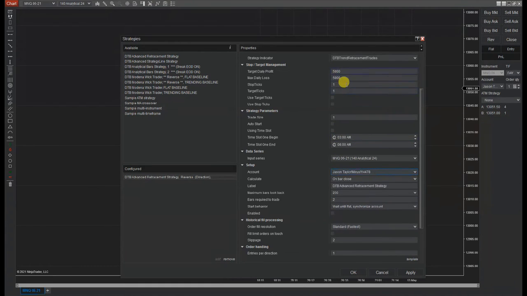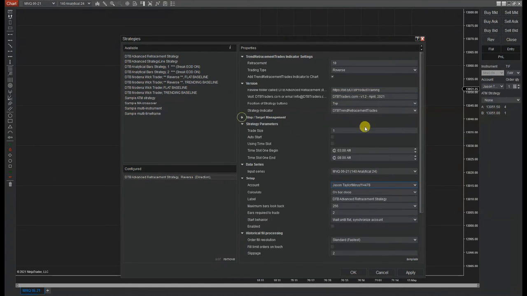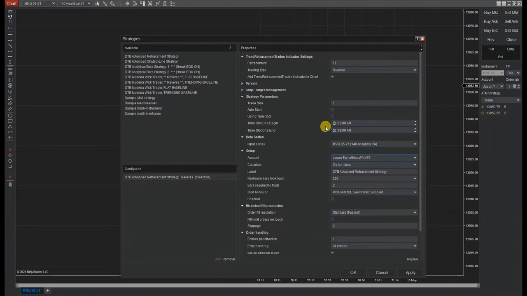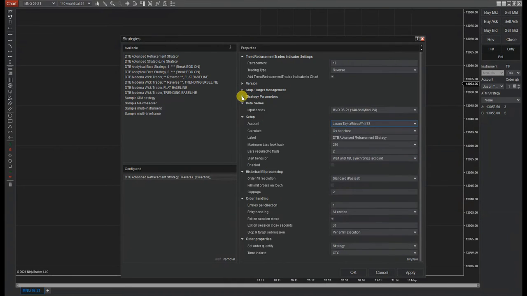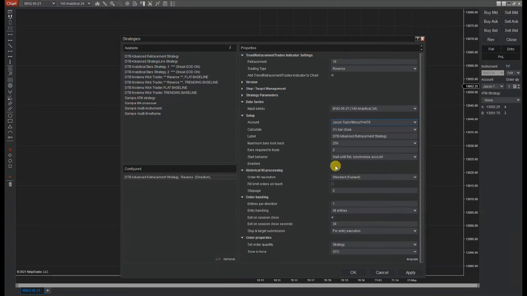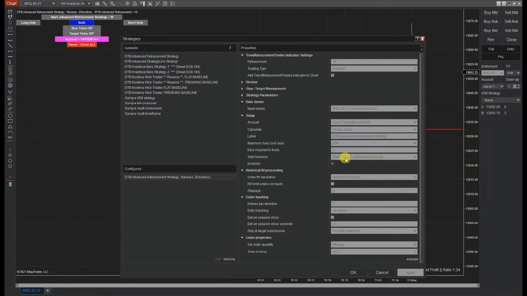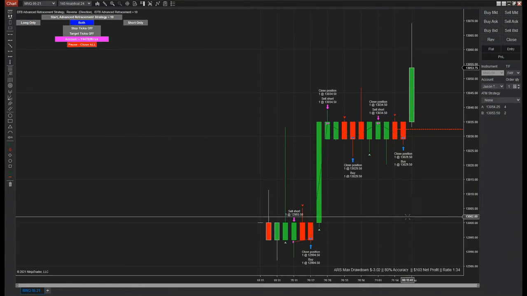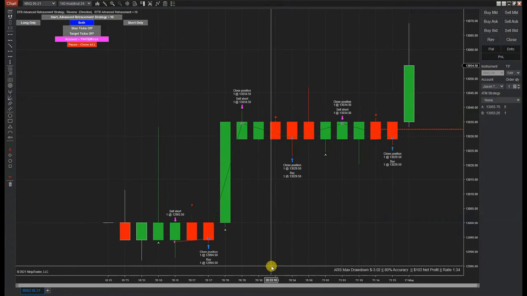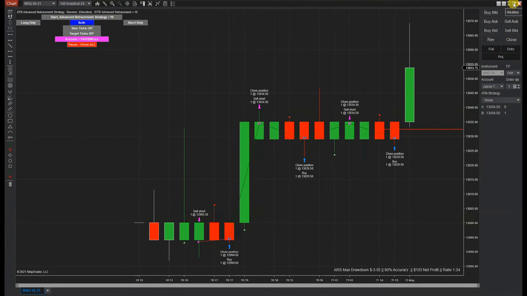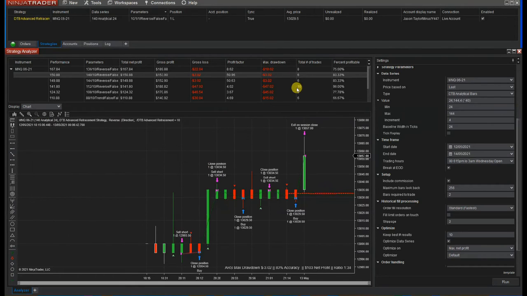Selecting a trading account. I'm not going to be using the stops. I'm not concerned about that. I'm not going to be using the trading hours. I'm selecting on bar close. I'm going wait until flat synchronize account. I'm leaving my slippage in there, and I'm going to enable it. By selecting wait until flat synchronize account, it's actually going to act on the very next signal. So again, if we go and look at our trading chart